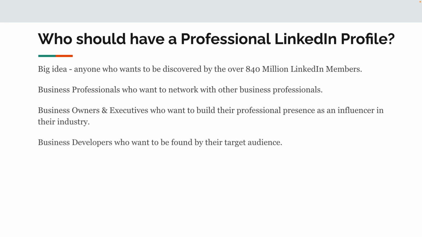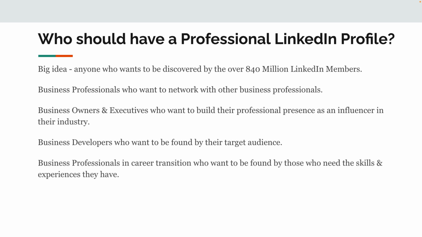If you're a business developer and you're looking to find your target audience, to get introduced to them, to connect with them, to get into conversations with them, maybe pull them into business conversations, you need a LinkedIn profile. If you're in career transition and you want to be found by the people who need your skills, the business owners, the business leaders, the department heads who need your experiences, you need a LinkedIn profile. You need a professional LinkedIn profile.